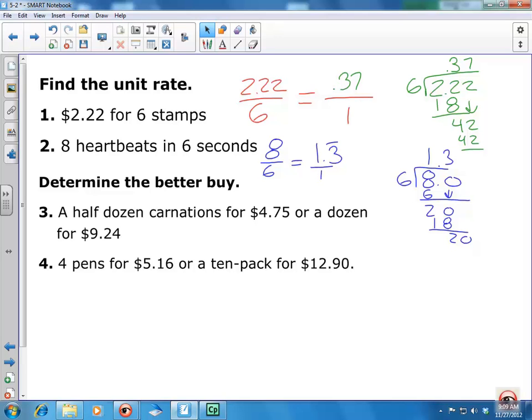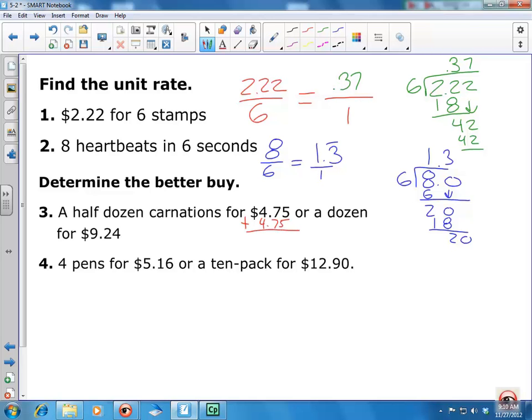Yes, ma'am. Yeah, you could certainly do that. She asked, well, if we know we have a half dozen, can't we just do $4.75 plus $4.75 to make that the price for 12 or a dozen and see which one is cheaper? Yeah, you could certainly do that on this one. But what happens if the question said if a half dozen are $4.75 and 9 of them are another price? Then we would have to find the unit rate. And really, it wants you to find the unit rate, but I'm not opposed to doing the 475 plus 475,